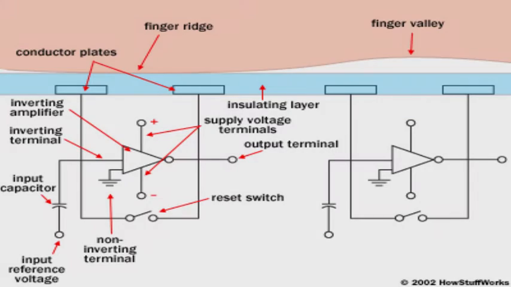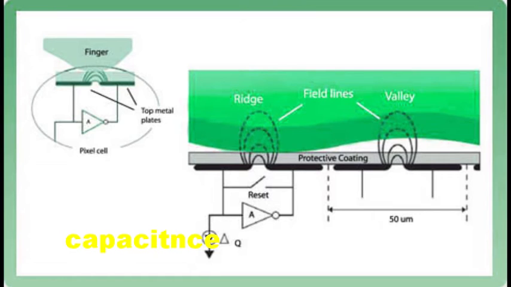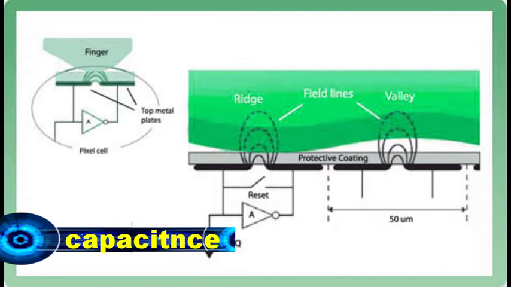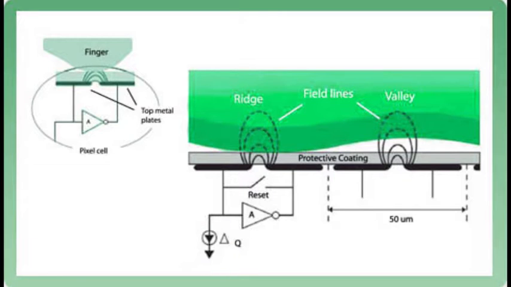Passive capacitance. A passive capacitance sensor uses the principle outlined above to form an image of the fingerprint pattern from the deep dermal layers of the skin. Each sensor pixel measures the capacitance at a point on the array. The capacitance varies between the ridges and valleys of the fingerprint due to the effect of the distance between the dermal layers and the sensing element, and in the valley the content is an air gap,